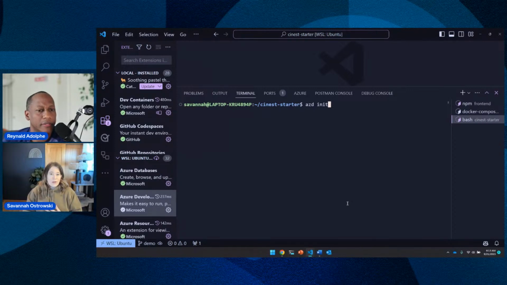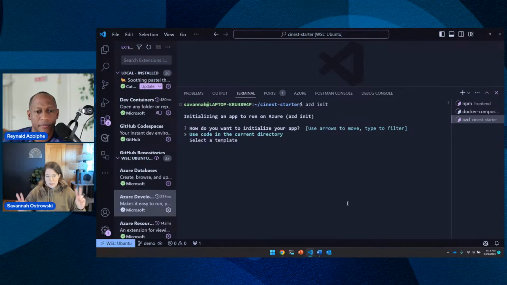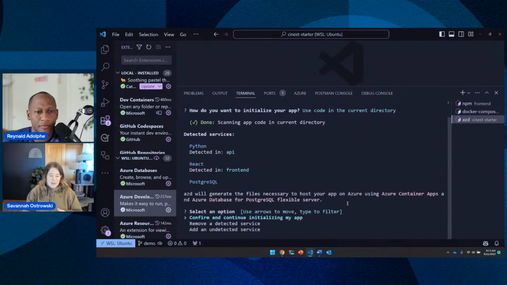Okay. I'm going to run init, and I'm going to have two options. I mentioned before that we allow people to find a template and use that. We're not going to show that flow today. We're going to use our code in the current directory because I already have an application I want to work with. And I don't want to do the thinking of, I found the recipe I want to use, but then I still have to make some decisions about what infrastructure. I don't really care. I just want to get from A to B. So I'm going to click use code in the current directory,